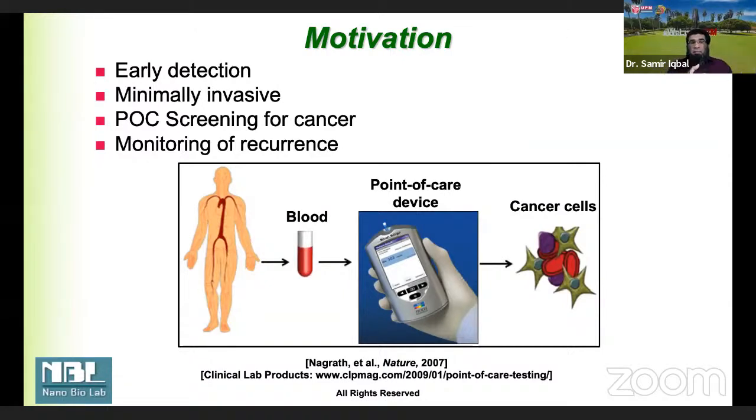And when you say early detection or minimally invasive, some cancers have cells that detach from the primary tumor, and they go into the small body vessels where they can then get into the bloodstream. We call them circulating tumor cells. Now these, in short, we call them CTCs, circulating tumor cells.